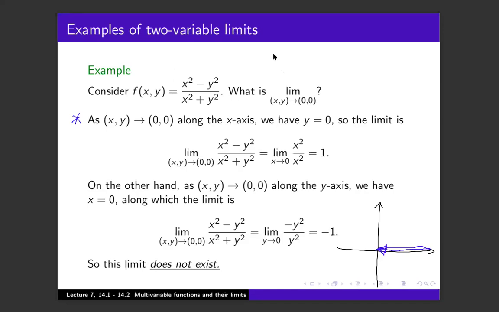But what about the y-axis? What if we try approaching that point along the y-axis? What happens then? Again, you go along the y-axis, and in this case, you have that x equals 0. Along x equals 0, you plug in x equals 0, you get the limit as y approaches 0 of negative y squared over y squared. That's negative 1. The upshot of all of this is that we now have two